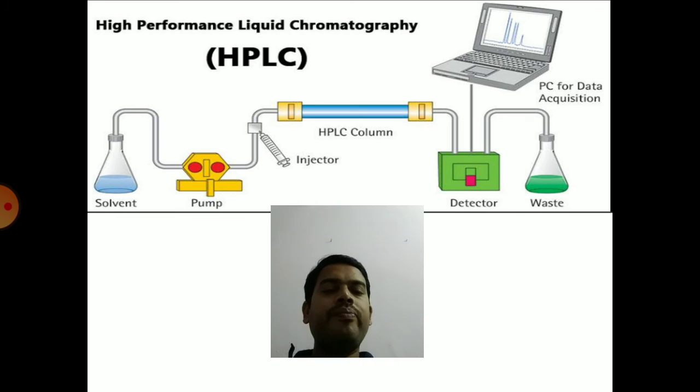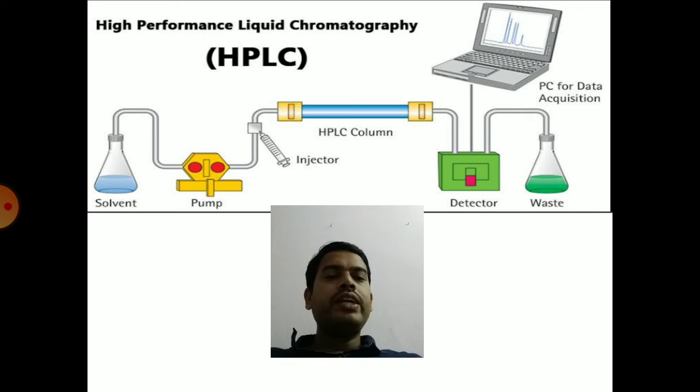Generally, the length of the column will be less in gel filtration, ion exchange or any other chromatography. In HPLC, the length of the column will be more. You can clearly see the sample injector there. Introduce your sample into the column with the help of the sample injector. With the help of a pump, you can pressurize the entry of the sample through the column, and a solvent system is also used to pressurize the entry of sample particles into the column.